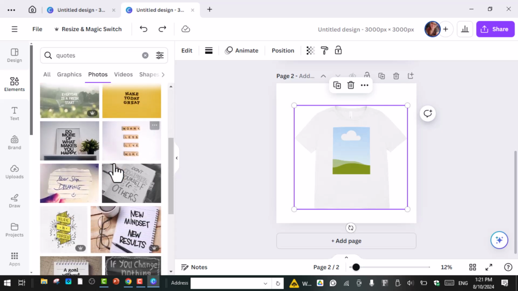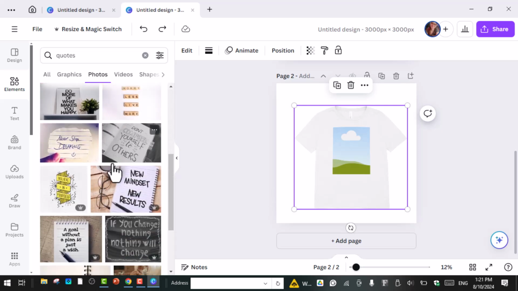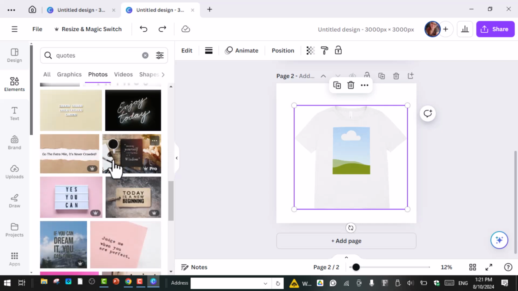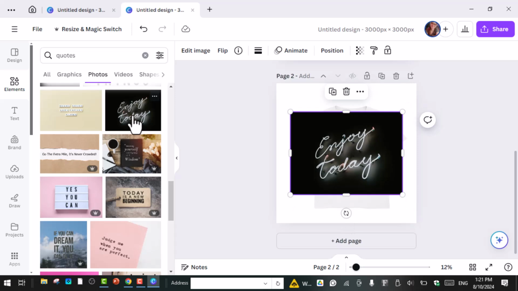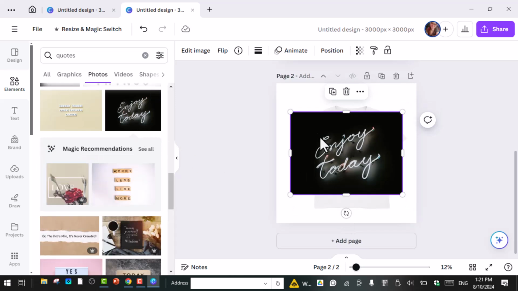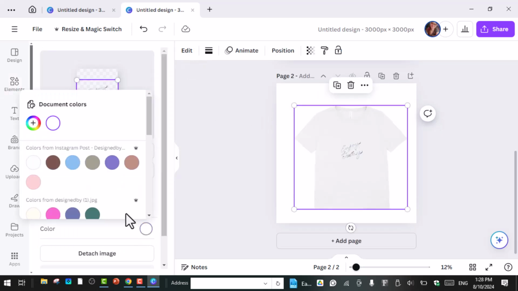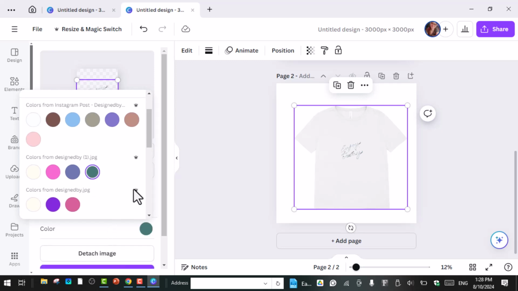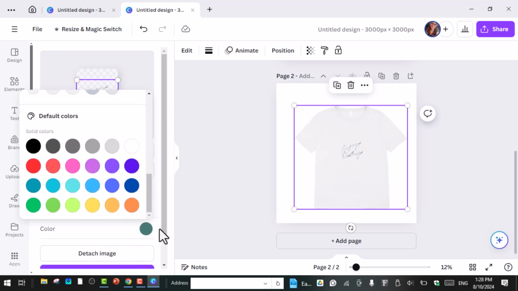Alright, and this will give you a lot of codes that you want to use for your t-shirt. Just scroll down and find the codes that you want for your t-shirts. So if you want to change the color, just go here and click the color, and then you can choose the color of the t-shirt that you want, and then just click apply changes, and now your t-shirt is going